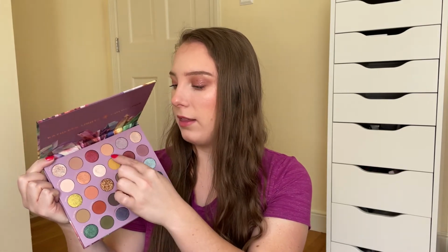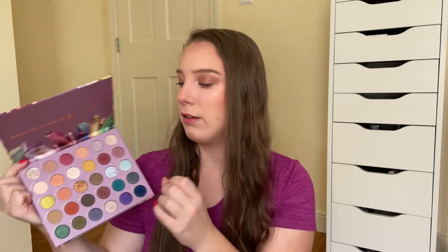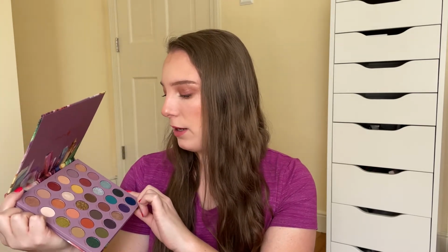My goal was to use it 15 times, and I did hit that goal. A lot of my usage was on these really pretty light transition shades, and especially this highlight shade Pearl I really love for the inner corner and brow bone. You could also probably use that on your face and it'd be really pretty, but I just love pretty much